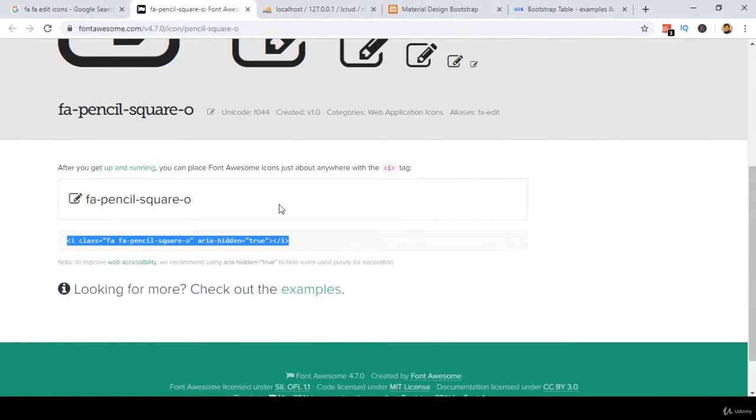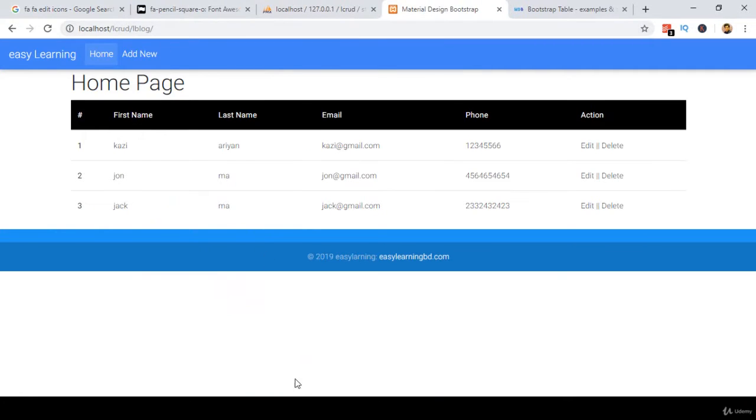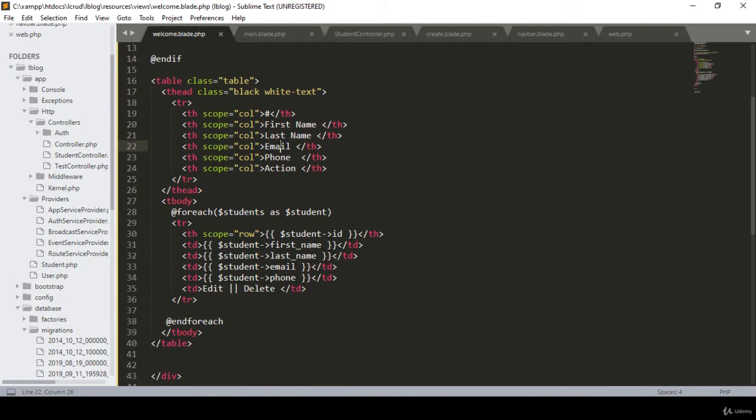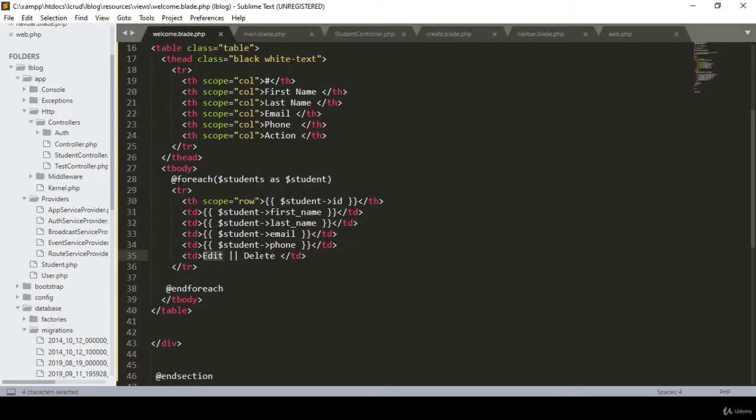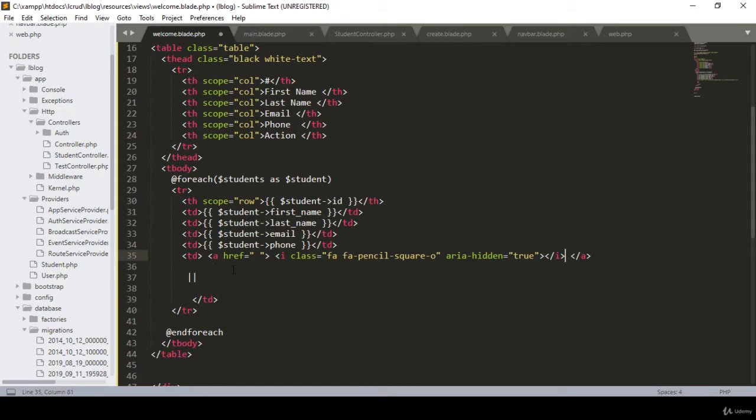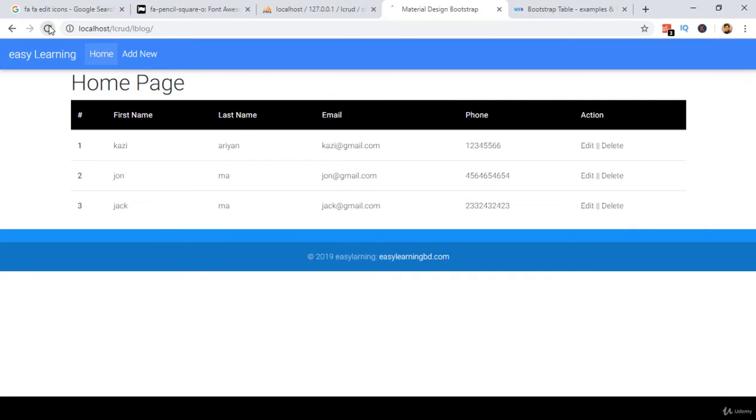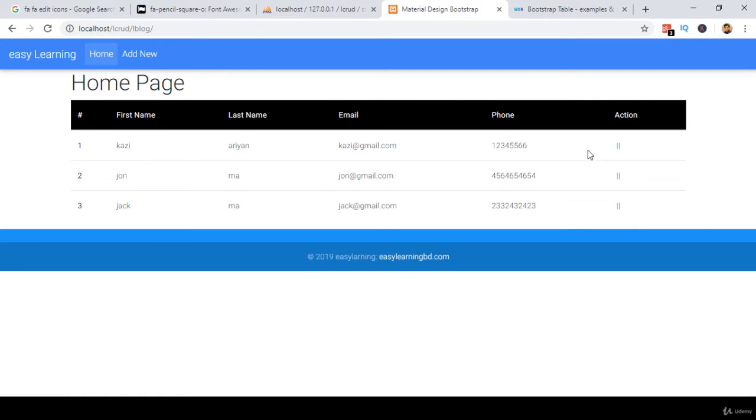For now I just copy it, and here I assign it in our home page, where I define that text. Right now I want to add a link first, then it will be better. Here I just added an a href, and in that particular position I added that icon. So now if you click on save all and refresh it, it's not visible because